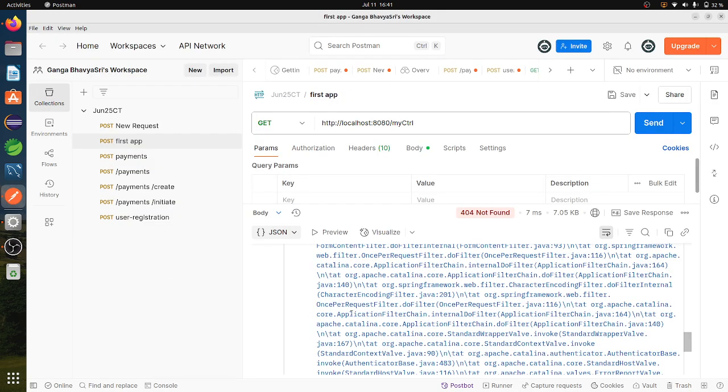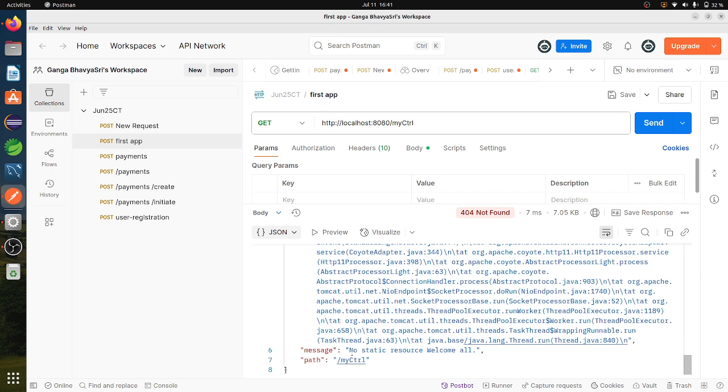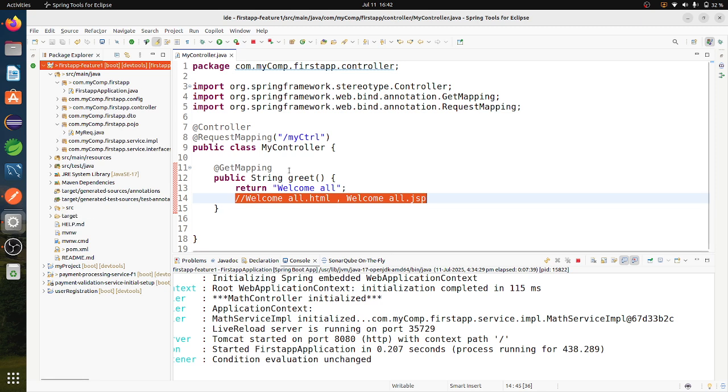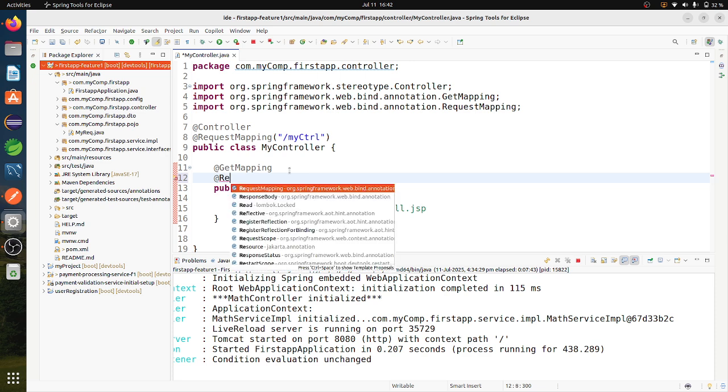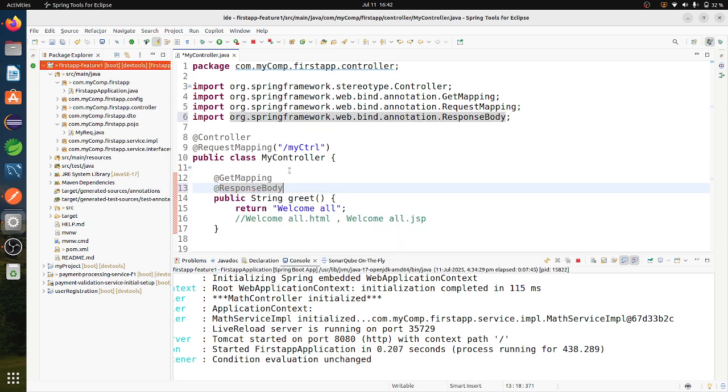And here it will also mention a proper message. No static resource, so it is searching for that resource and it is not present in my application, so that's why it is throwing an error. So if I use @Controller, then I have to use another annotation, called @ResponseBody.